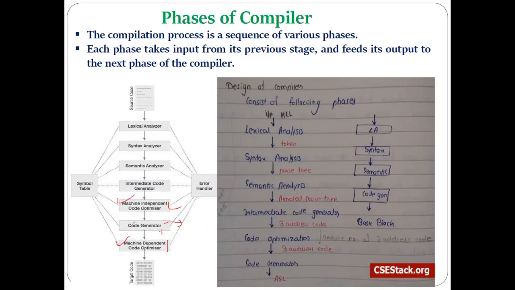There is a simple reason behind that. While we optimize the code before the code generation, at that time we don't have to think about anything regarding the configuration of the machine, the structure of the machine, the instruction set of the machine, or the kind of registers being utilized by the machine, because this code is generated only on the basis of the intermediate code generator. That is the reason there is nothing to do with the machine, and so it is referred to as machine independent code optimization.